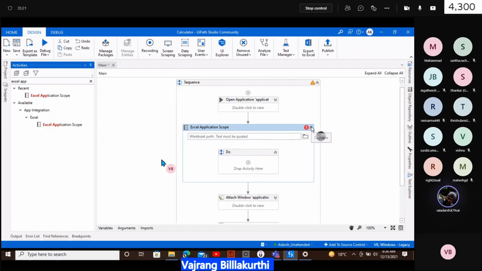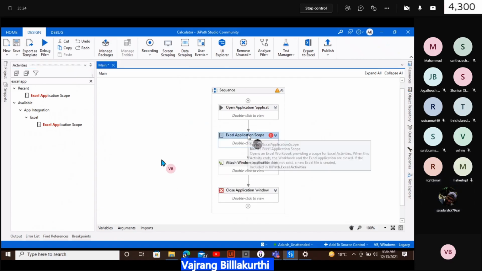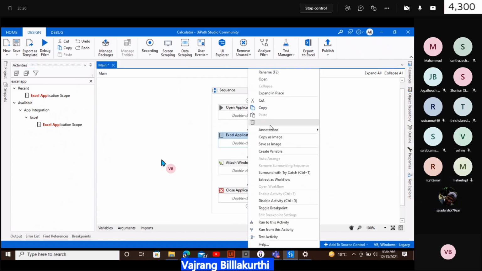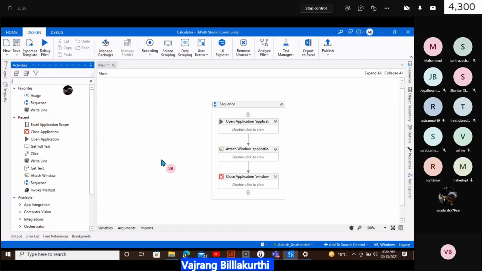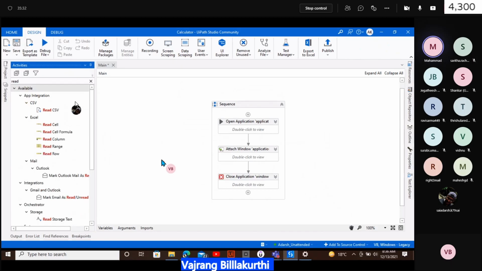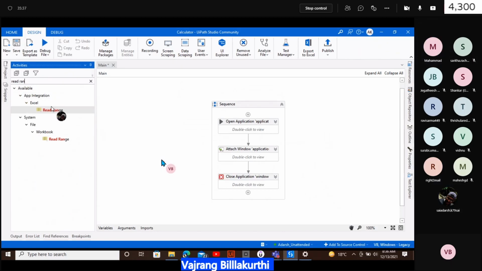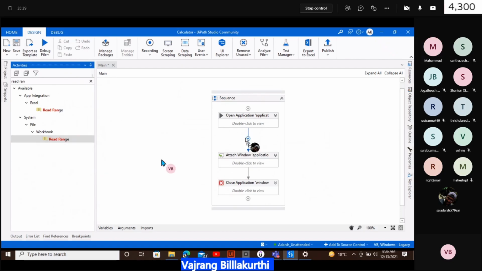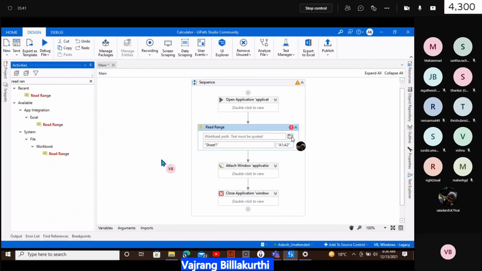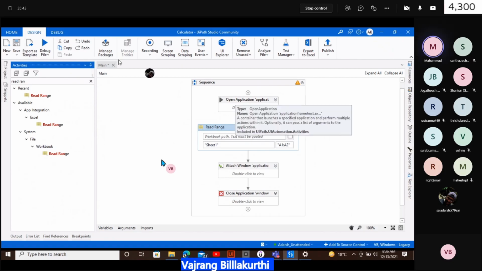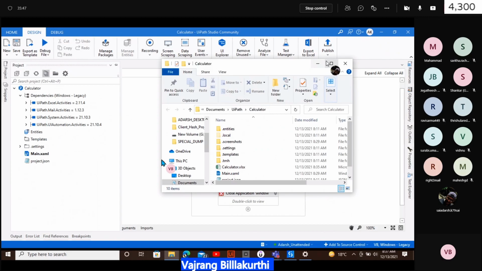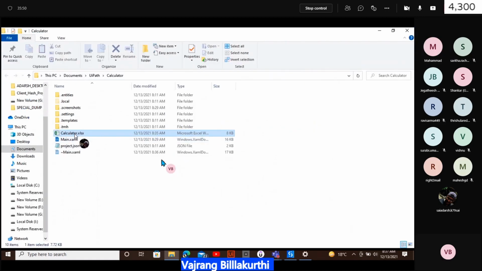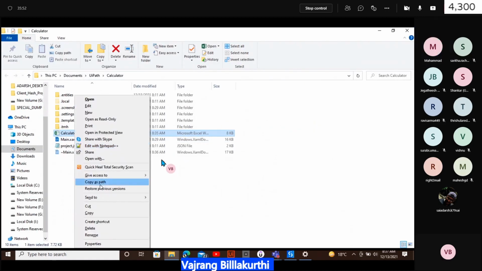Yes, you can use workbook. But the problem with workbook activities is they have a limited range of activities. And you cannot open the workbook, open an Excel, if you are having workbook activities. Excel should always be closed, else it will throw an error. So these are all the important interview questions when someone is asking you regarding the Excel.